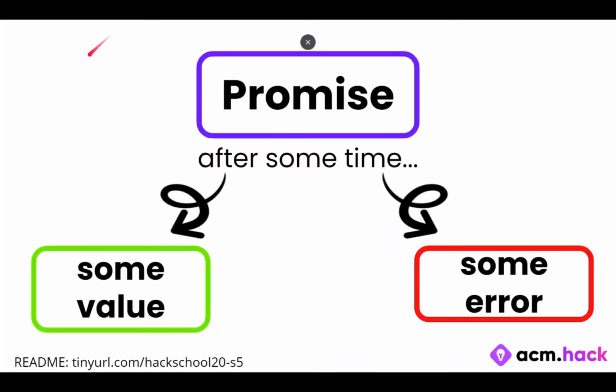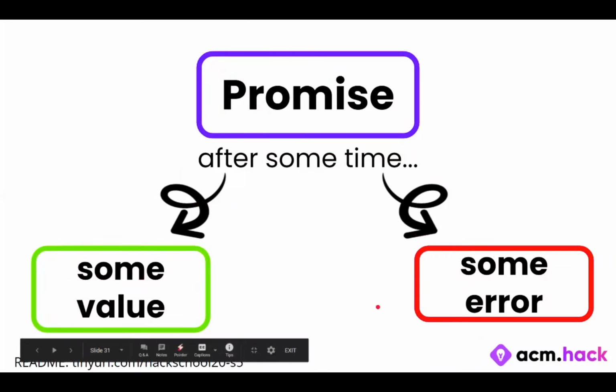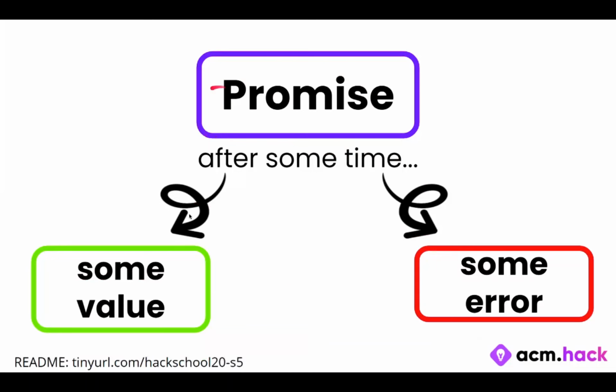You can think of this purple thing, this green thing, and this red thing all as the same promise. Say we created a promise, and it's the purple box. Right now it doesn't tell us much. It just says, okay, it's just a promise. Because it's a promise, it is guaranteed to resolve. Yes, I'm using this term resolve. It's very important. So it is guaranteed to become some value, or it is guaranteed to become some error.